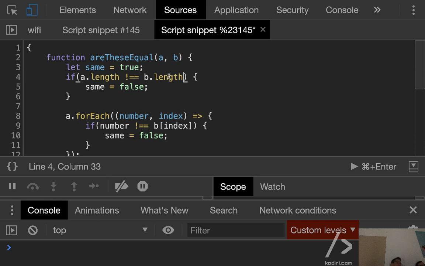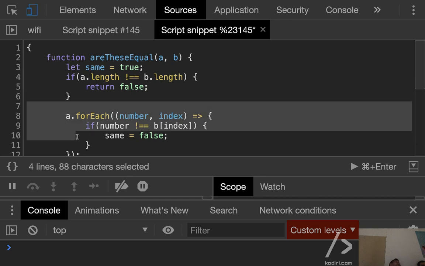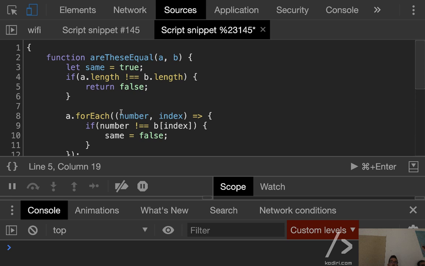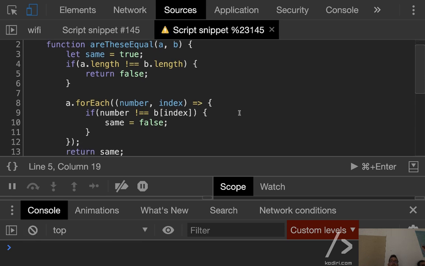Something like that. Actually, can we be a bit more aggressive? If the sizes are not the same, look, return. Don't even check anything else. There's no point in looping. Out. So now, if everything is okay,